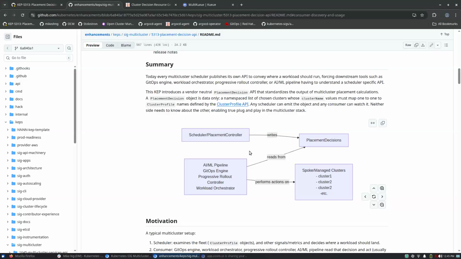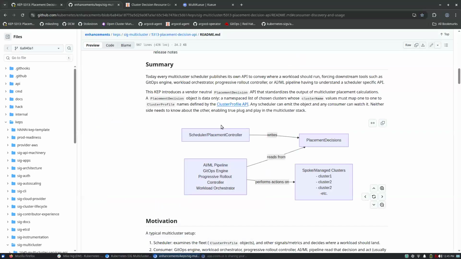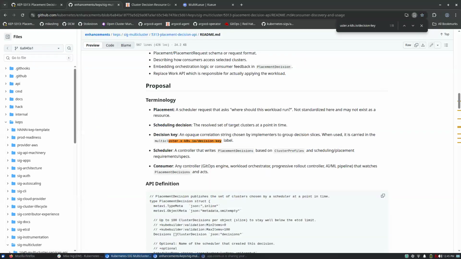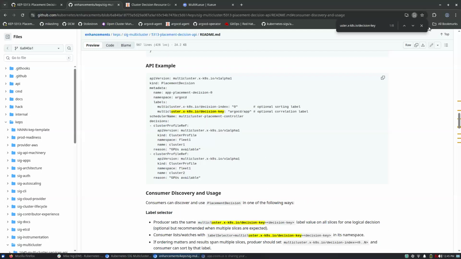Yeah, sure. Okay, I want to go back to the decision key API example. I can share my screen too. No, I can't. But yeah, this kind of thing. Just to make sure that I understand: this decision key Argo CD /app is some sort of reference to a label that Argo CD uses.